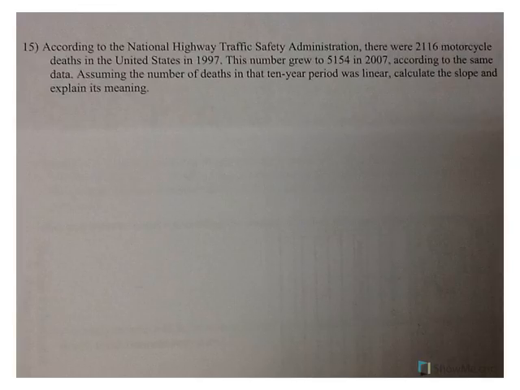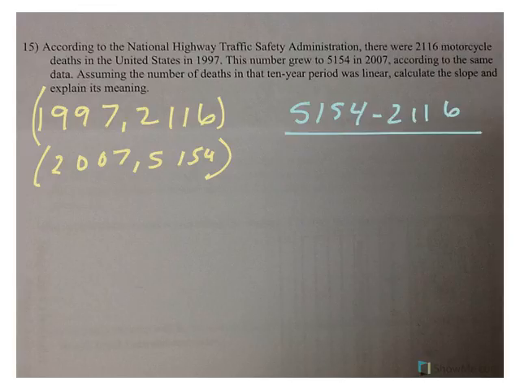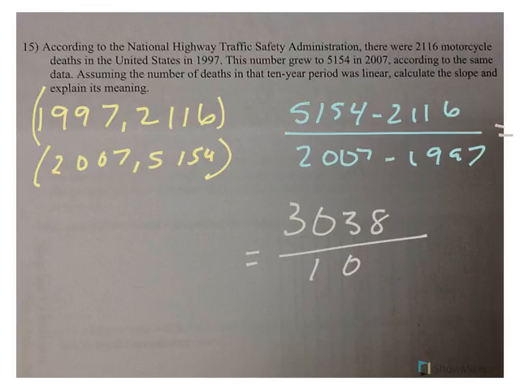Okay, if all we're doing is finding the slope, we need ordered pairs. Time is usually the x, because the number of motorcycle deaths depends on what year it was. So we would say in 1997, there were 2,116. In 2007, there were 5,154. So when we're finding our slope, it's y2 minus y1 over x2 minus x1. When I do that, I end up with 3,038 over 10, which is approximately